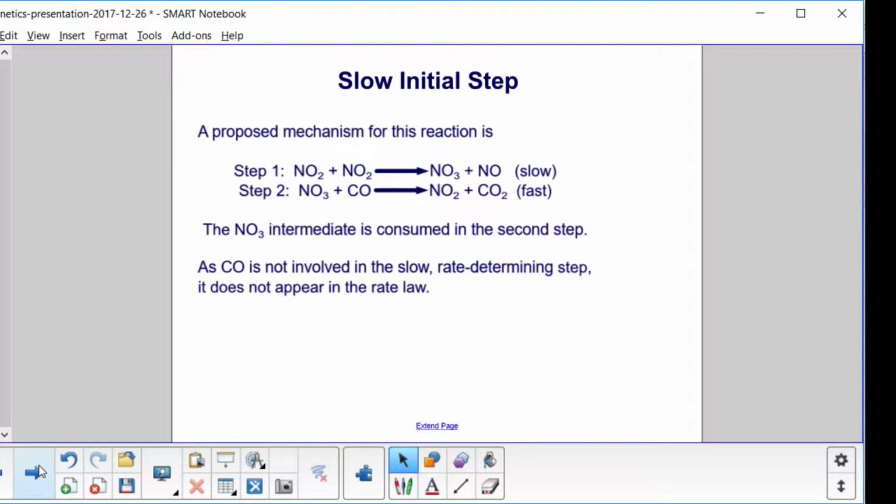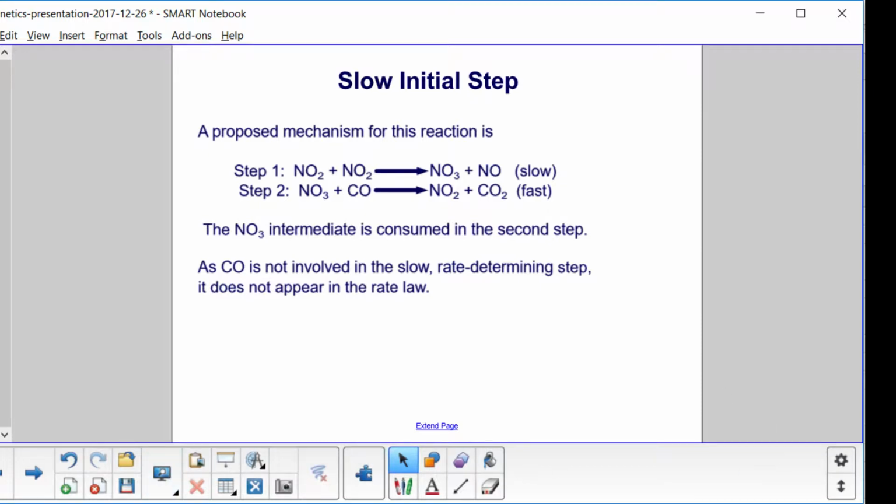Here's a proposed mechanism for this reaction. Step 1: NO2 plus NO2, so 2 molecules of NO2, produce NO3 plus NO. In step 2, NO3 plus CO produce NO2 plus CO2. Because the CO is in step 2 and we know that the overall rate does not depend on its concentration, that's the fast step, and step 1 is the slow step. NO3 is an intermediate, so it is consumed in the second step. And again, as CO is not involved in the slow rate-determining step,